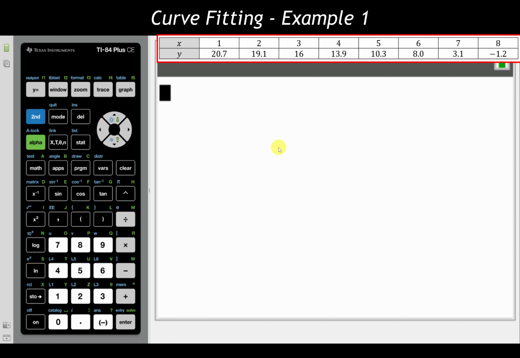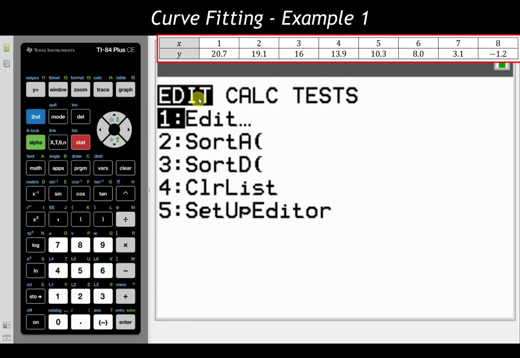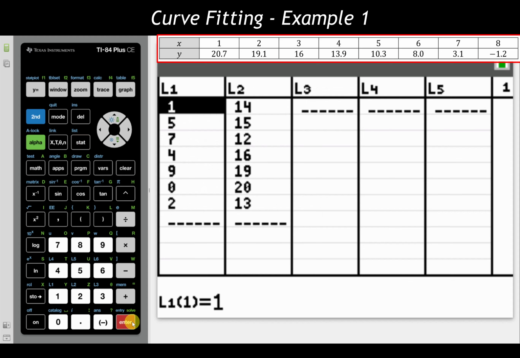So what we're doing is on our calculator, we're going over here to the stat option that's right next to the alpha key, clicking on stat. At the very top, we should be under the edit tab. We're going to go into the first edit option, this edit right here. You can either hit the number 1 or you can hit enter. I'm going to hit enter here. And here we should see list 1, list 2, maybe you see list 3, 4, and 5. Your graphing calculator might look a little bit different than mine, but it should look similar enough in this regard.